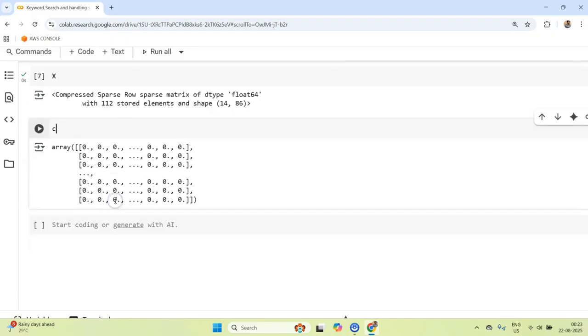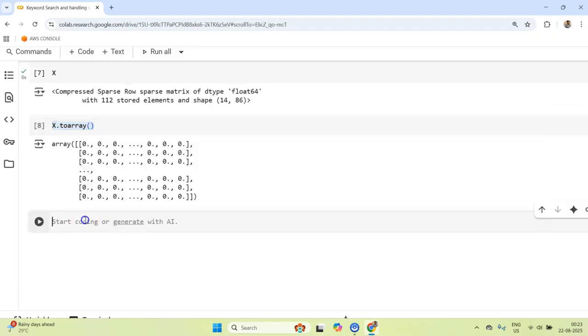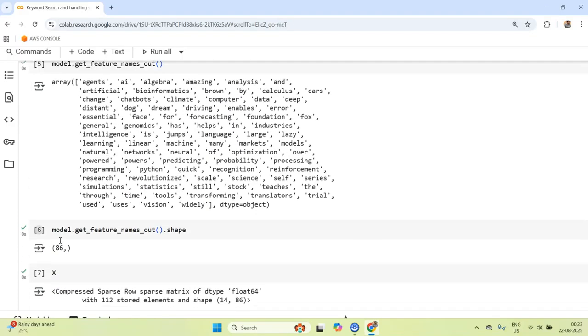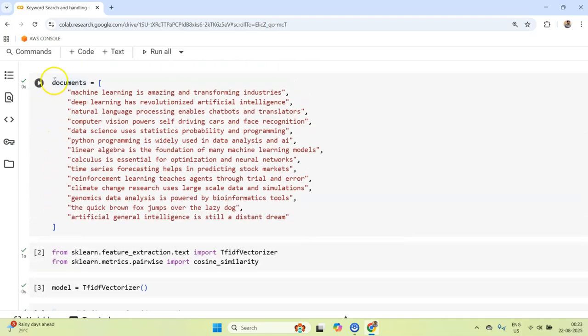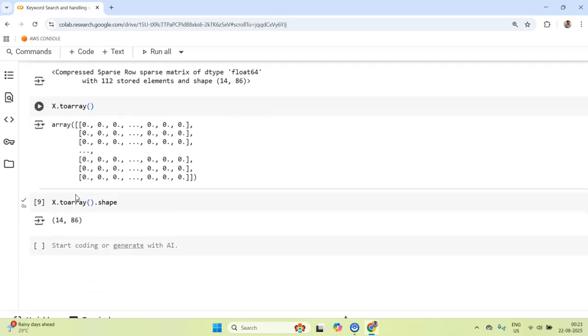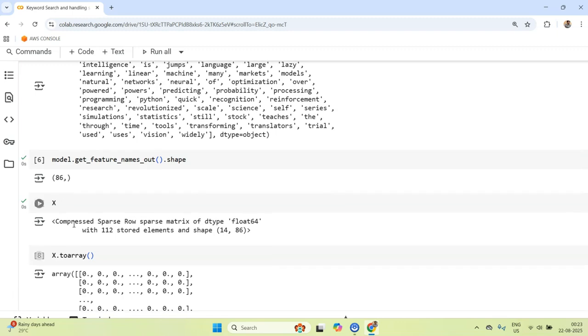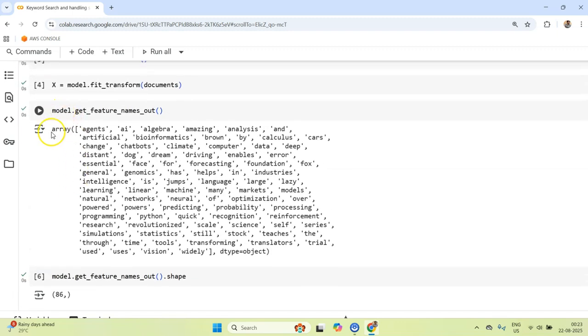And if I check the shape of this array that we get, let me copy this and check the shape. You see, this is 14. 14 means we have got 14 documents, and for each document I'm getting a vector of 86 dimensions. Okay, I hope you get this idea. Now let's talk about these feature names.